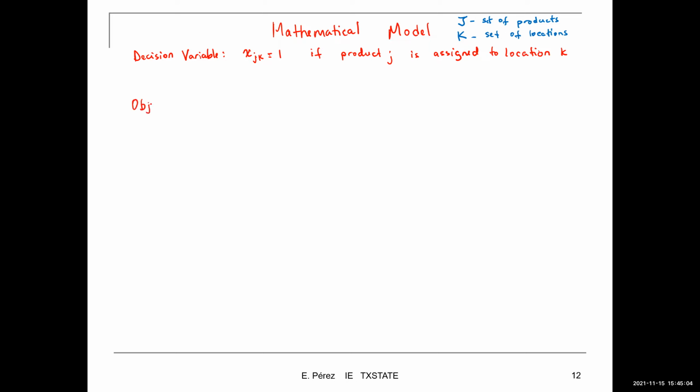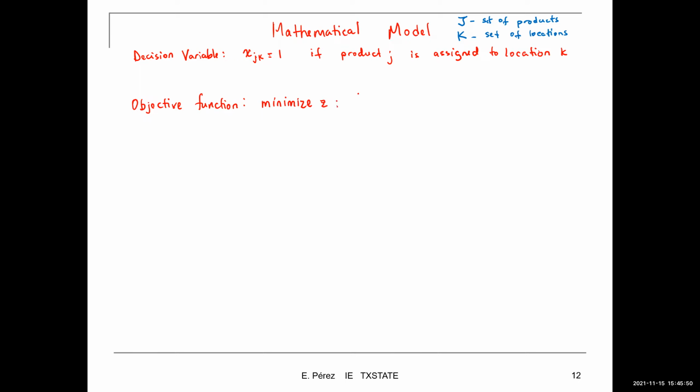The objective function, so this is what we're going to use to make decisions. Our decisions are going to be based on these objectives. Right. So, for example, if you are making decisions in order to minimize costs, or to maximize profit, or to minimize the number of workers, those are the objective functions. In this case, our objective function is going to minimize the total distance traveled. So this is going to be minimization, minimize